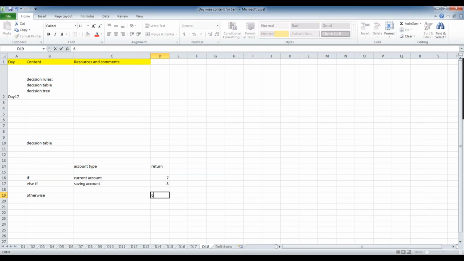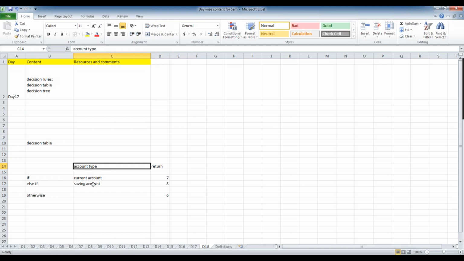Otherwise, let's say return 6. So here if you see, each and every one of these conditions is checked against a single column. If you want to write one more condition, you can write one more condition.